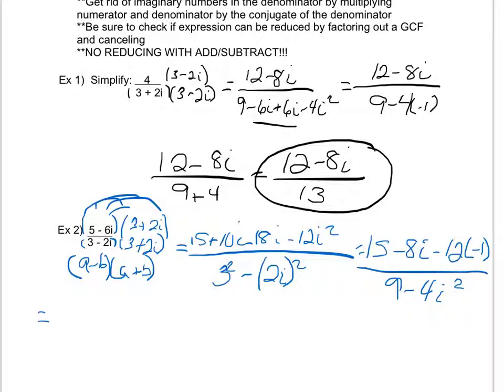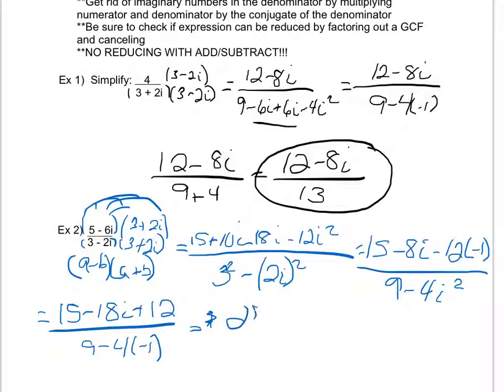Well, moving down here, that gives me 15 minus 8i plus 12 all over 9 minus 4 times negative 1. So now on top I can combine my 15 and my 12, and I get 27 minus 8i all over, again I have 9 plus 4,